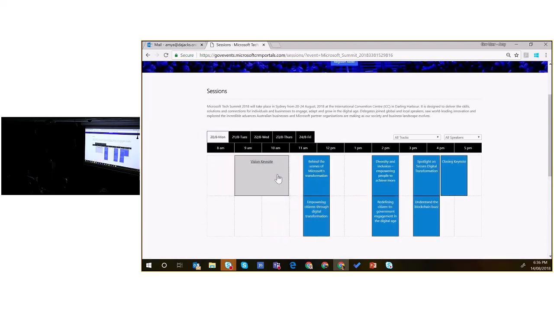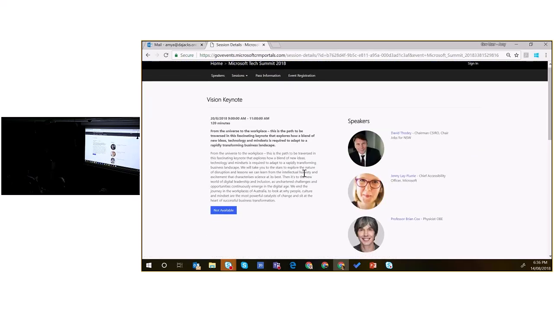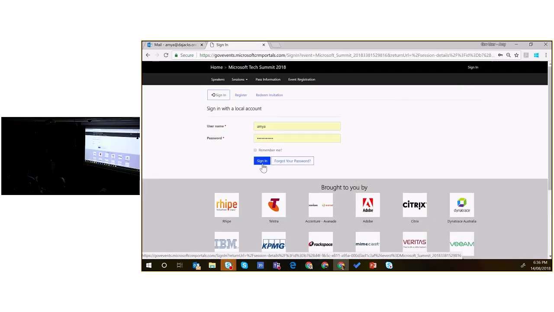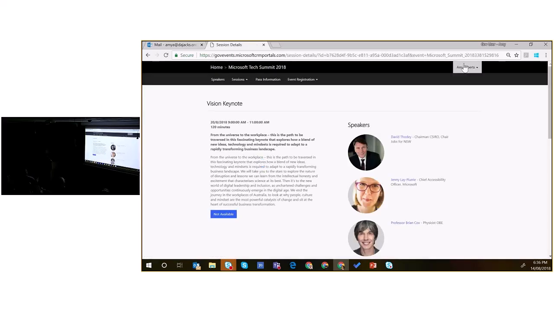If I want to look at the keynote, and see who's presenting and what this keynote is all about, I've got all the content to support who's going to be presenting, what time it's on, and how long the entire process goes. The reason it says not available at the moment is that I've got to sign in to be able to register for this, the way I've had it set up. So now that Amy's logged in, I go back through to the sessions,